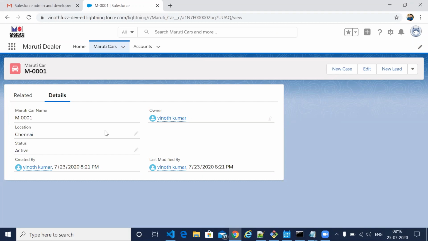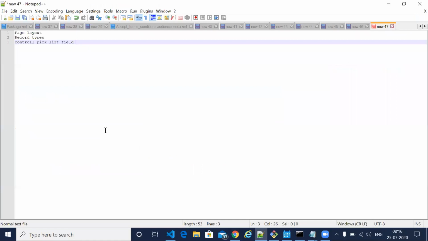Some other people might change the sequence of the pick list values. So instead of creating two different pick lists, depending on the profile, we can control which values should be shown using record type.